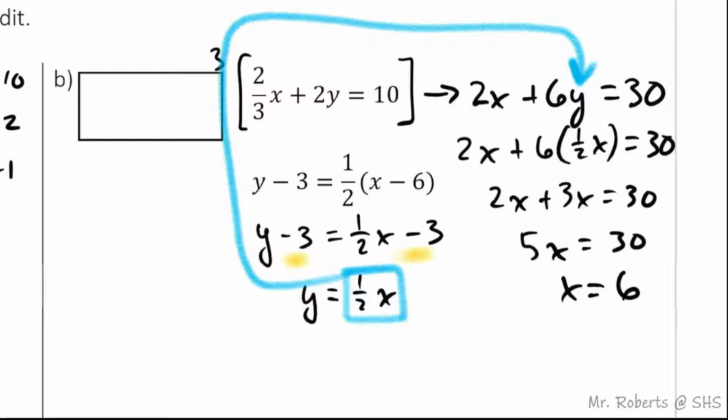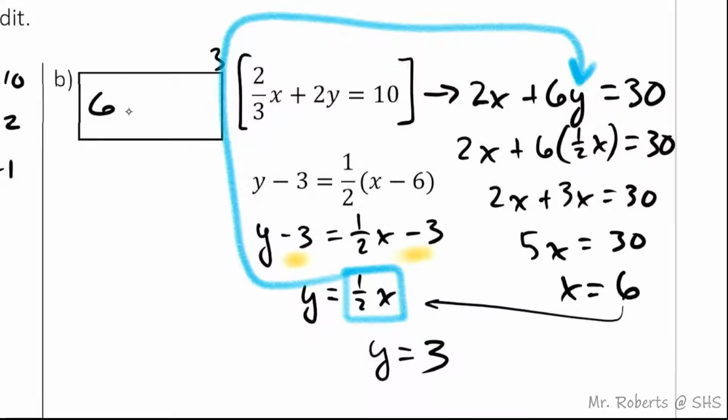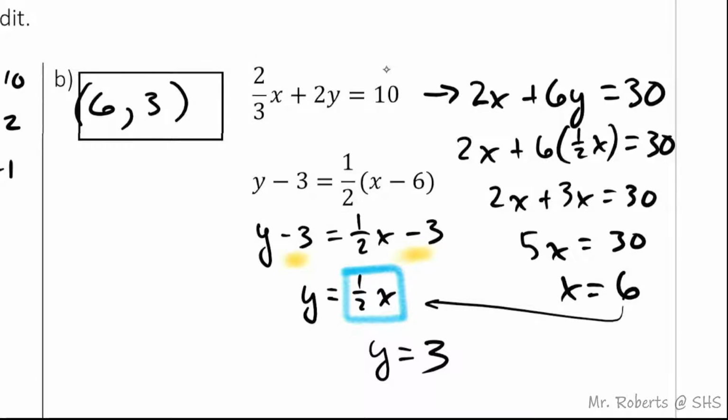And if I take that value of x and I plug it into the fact that y is equal to 1/2 x, if x is 6, I could plug that in here. This is y is the number 3. 1/2 times 6 is 3. So I think this one's solution is 6, 3. And I'll write that there, and I'm relatively happy with it, but you know that I like to kind of